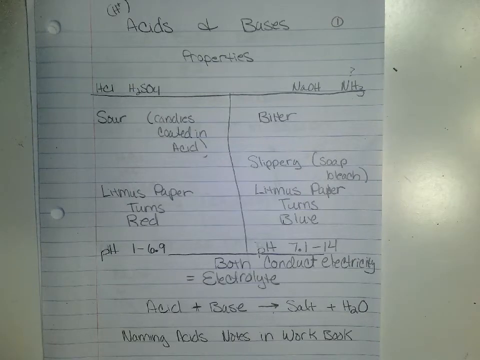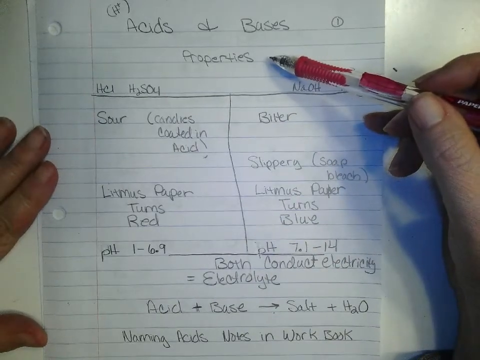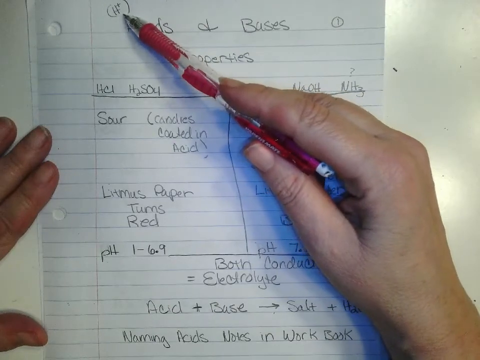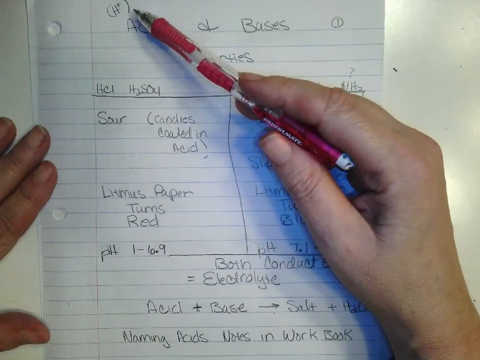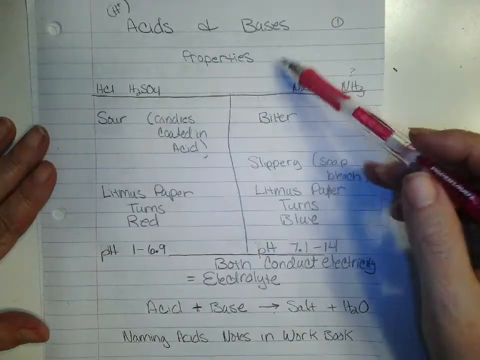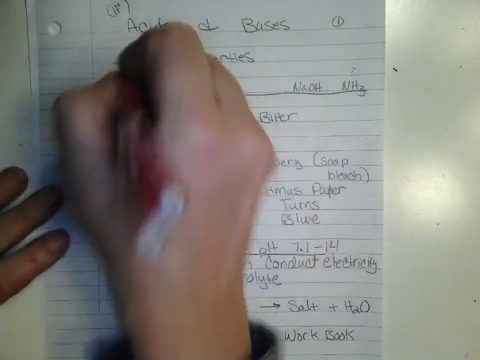To begin our unit on acids and bases, we're going to go over the properties. The first thing you're going to notice on almost all acids is they're going to begin with an H. And that's because the first definition is that an H plus in water makes water acidic. Okay, and we'll get to that in a second. But our properties here for our acids